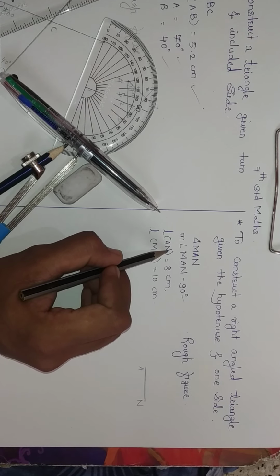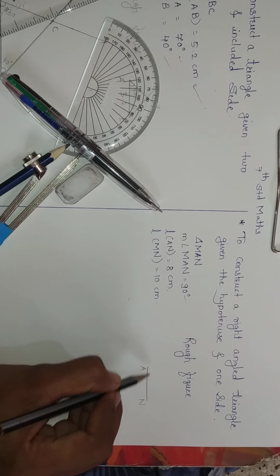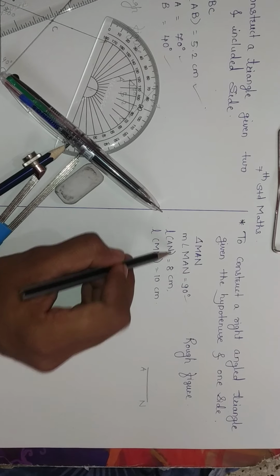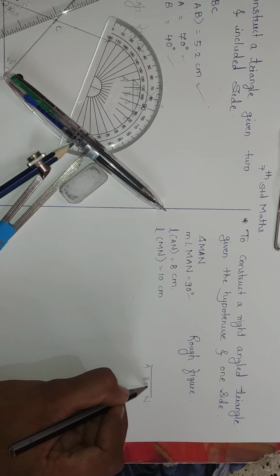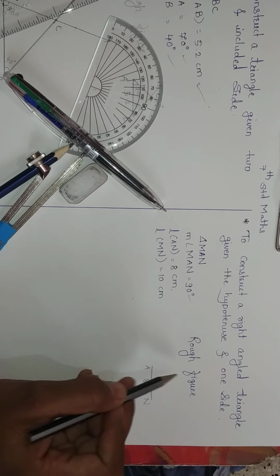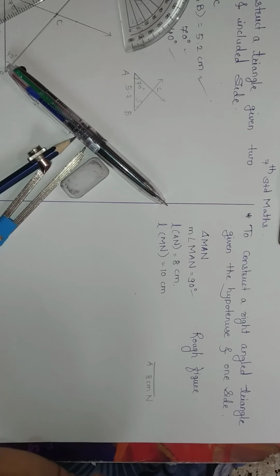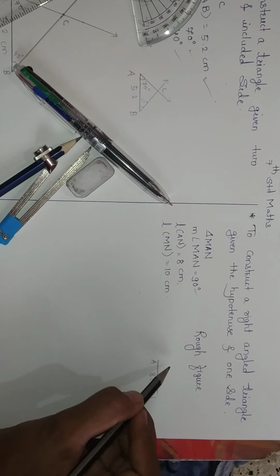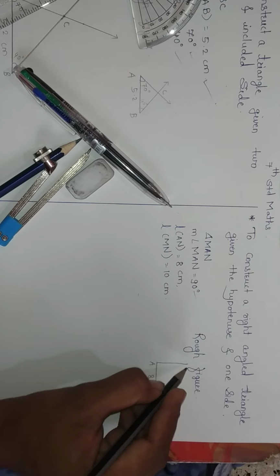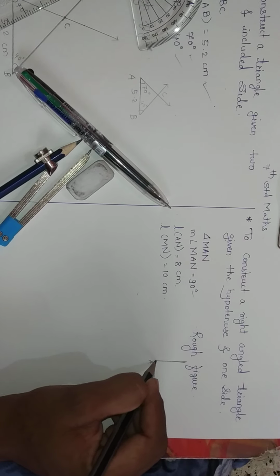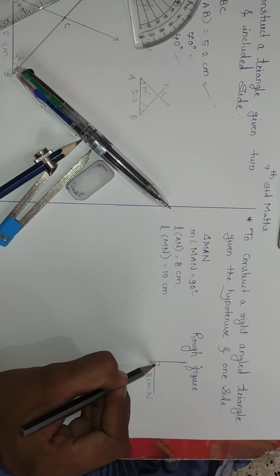Why 8 centimeter? Because we have to draw angle A as 90 degree, and starting from point A, our line is AN. That's why we take AN as the base, AN equal to 8 centimeter. Now angle A is given as 90 degree, so take your protractor. Whenever we draw the fair figure, we use the protractor. With the help of the protractor, we draw a 90 degree angle in this way. This is the rough figure, so it is not necessary if there are any mistakes. So angle A is 90 degree.